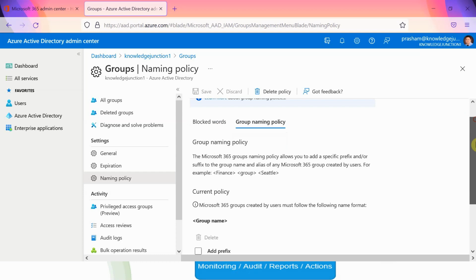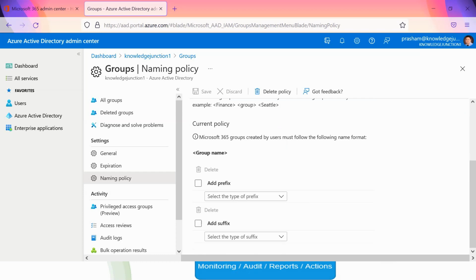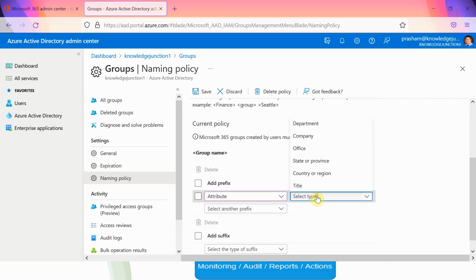Here we can have a hard-coded prefix or suffix, either a string or an attribute. An attribute is nothing but a user profile property, but those are limited to department, company, office, state or province, country or region, and title. If we have a custom user profile property, or any other property, we need a custom implementation to use it as the prefix or suffix.